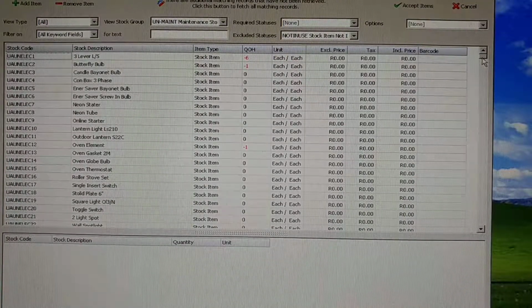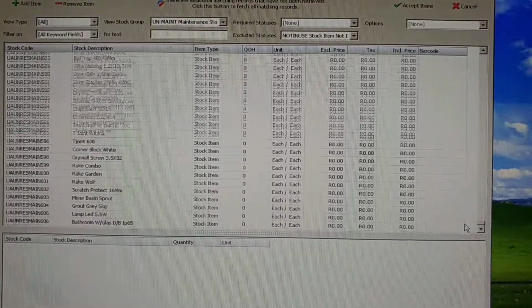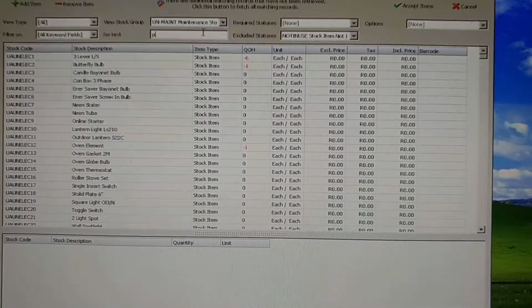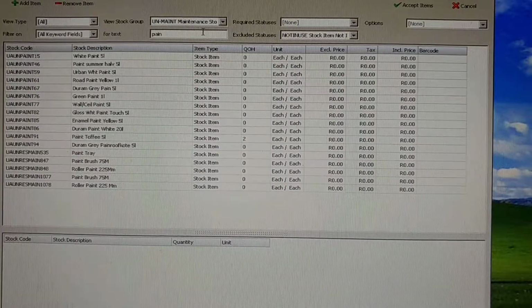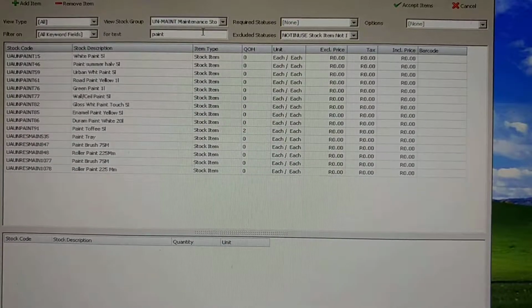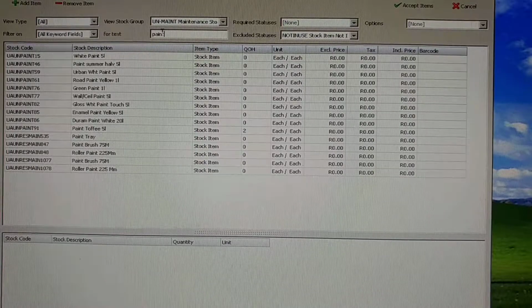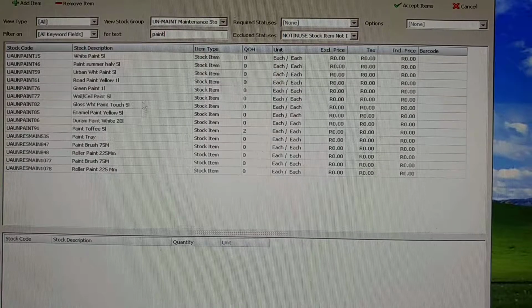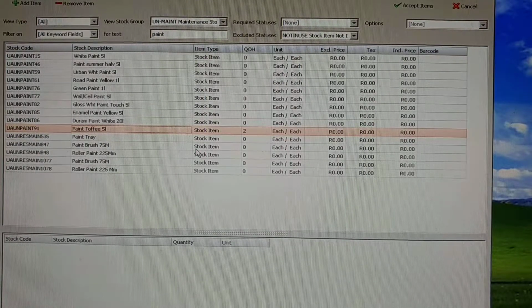you can either search for the item manually like this and scroll down on the right hand side, or you can go back to the text box, and as you start typing it filters out until you end up with only items that contain the word that you've put in there. In this case it's paint, and we are going to select the toffee paint. Paint toffee 5 litre. As you can see, there's 2 on hand in my storeroom,